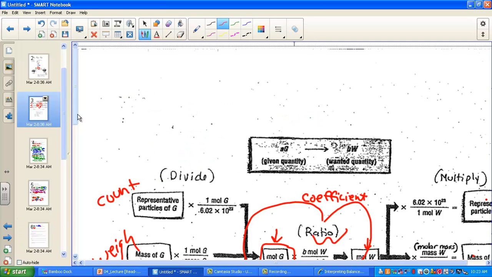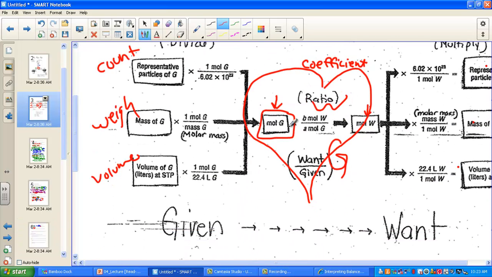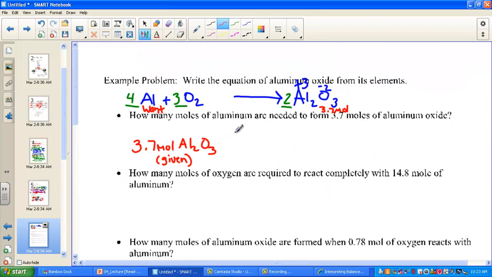Now when we do that, what we're really doing is writing down this particular box. What is the moles of our given quantity? And we have a one-step conversion to get it over to moles of what we want, where we take the coefficients of want over given. I like to get my conversion parenthesis ready so I can see my target. We want to move from moles of aluminum oxide to moles of aluminum, moving from our given quantity